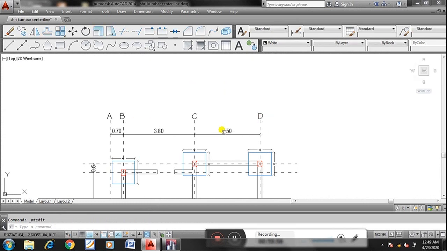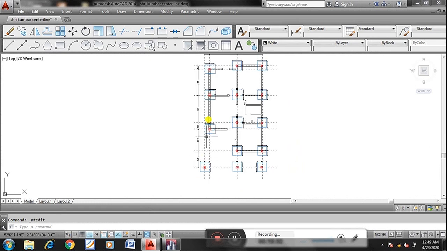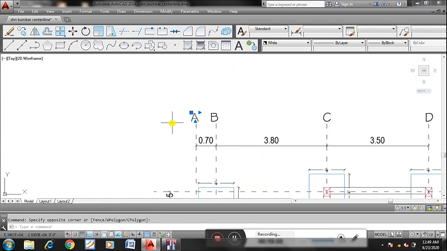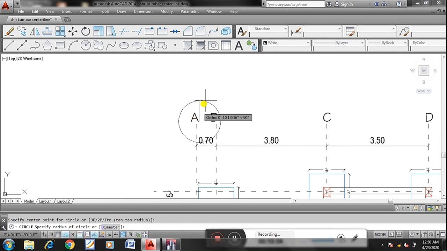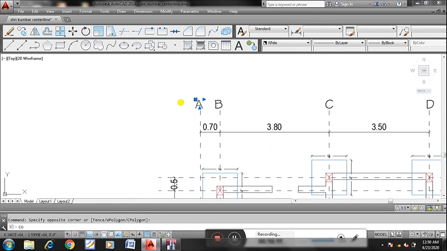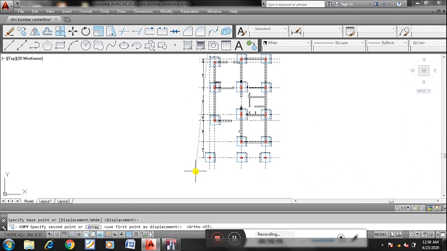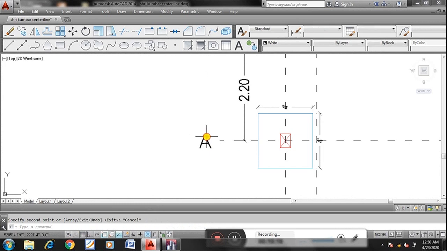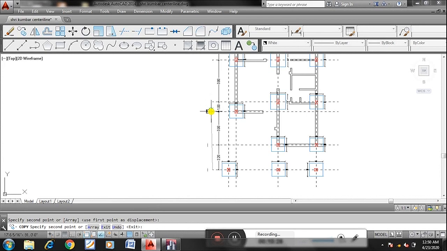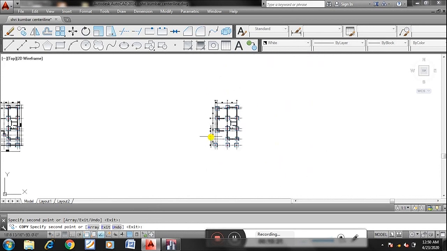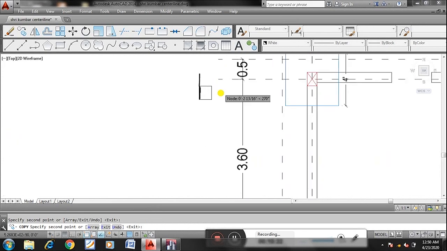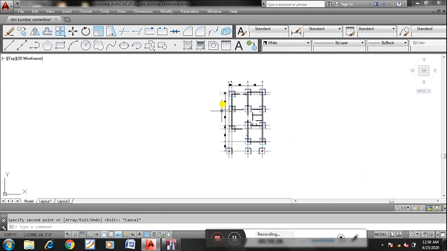Four dimensions. Later 1, 2, 3, 4 will come here. I'll give the numbering from here: 1, 2, 3, 4, 5, 6, 7. I'll mention the numbering also.